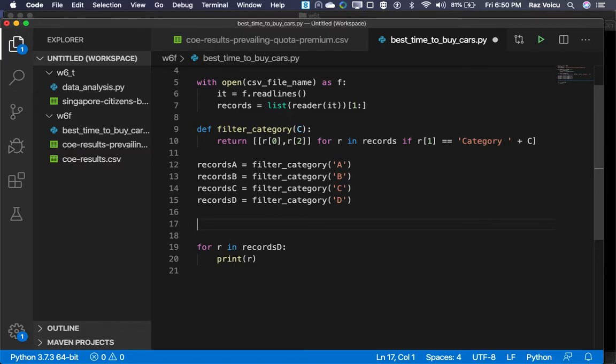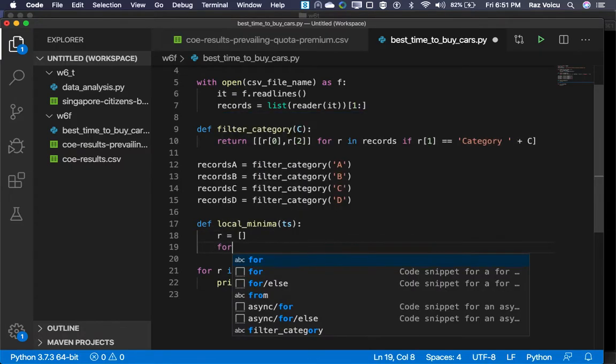So let's detect the local minimum, right? So having a series, right? This is essentially a time series, what we call a time series. So we have a point in time and a value for that time, right? Let's say def local minimum of time series TS, right? And we're going to need to accumulate them, right? So the result is going to be initially an empty list,